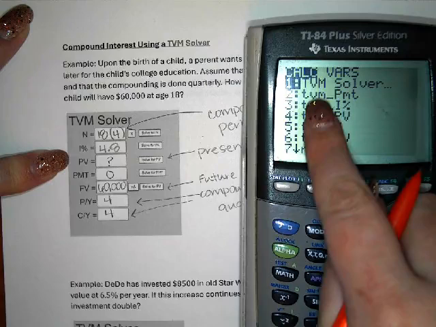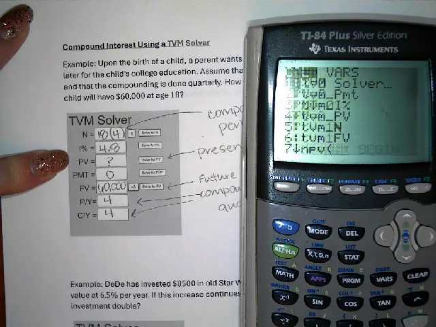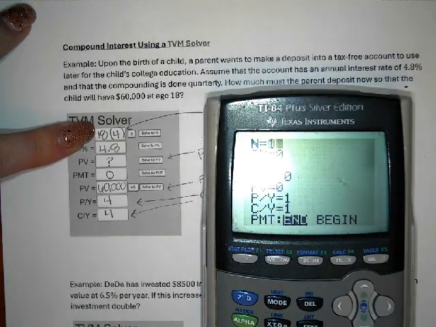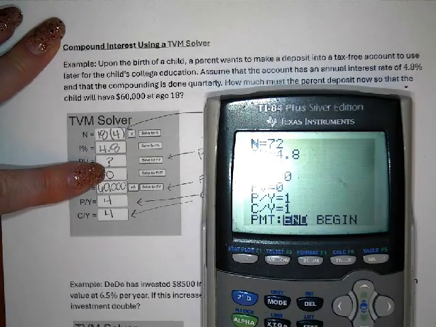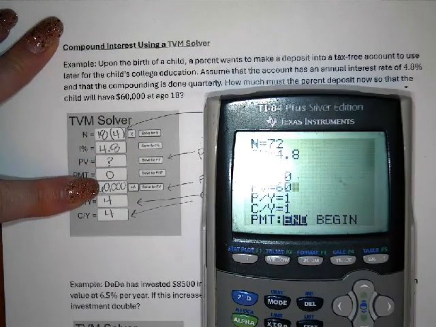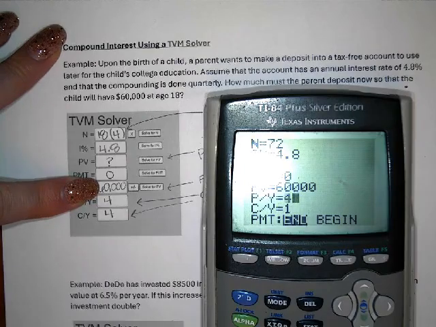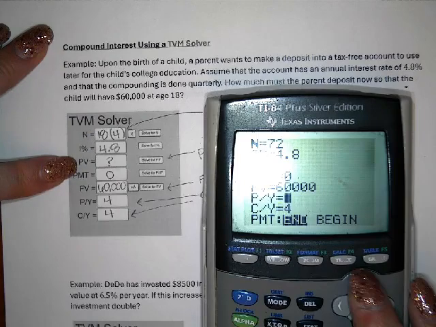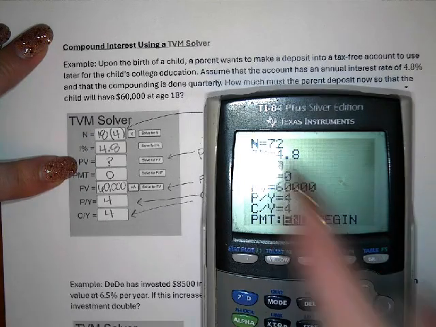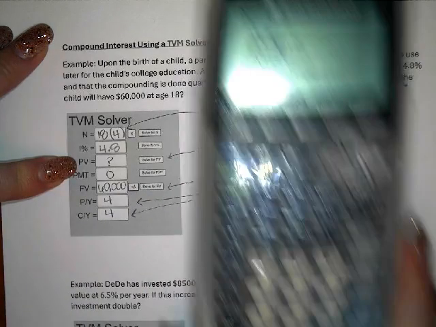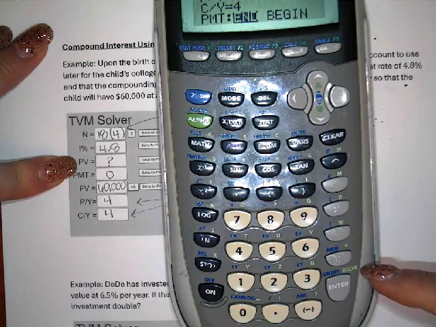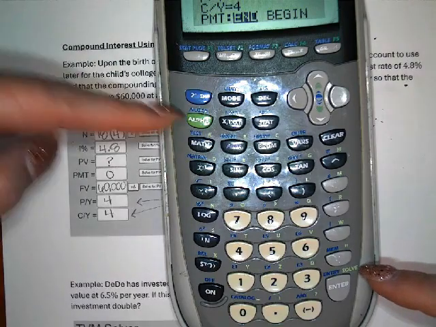And we're just going to type in these values. So 18 times 4, 4.8. I'm going to ignore PV. I'm going to come back to that one. 0, 60,000, 4, and 4. Okay, and now I'm going to go back up to PV, and this is what I want to solve for. So I have all the same values plugged in that you can see right here. And right above the enter button is green solve. And over here I have a green button. So I'm going to hit the green button and then I'm going to press enter